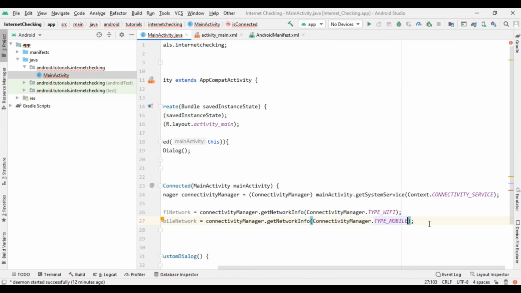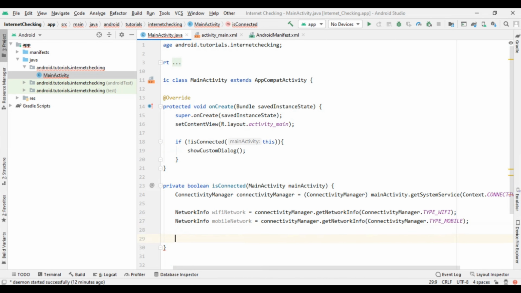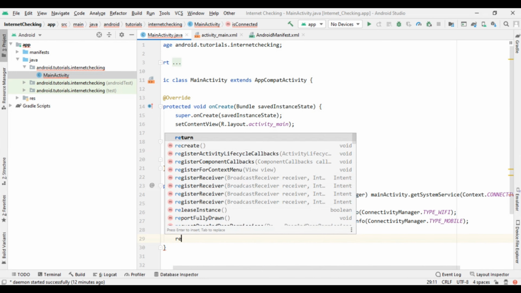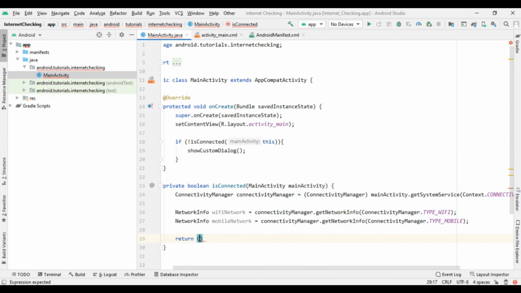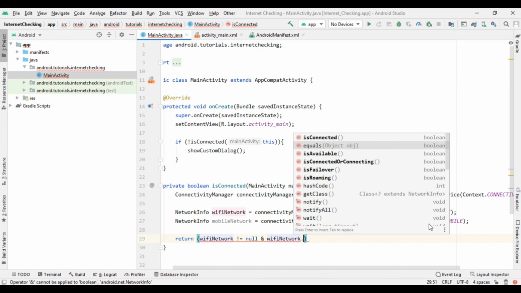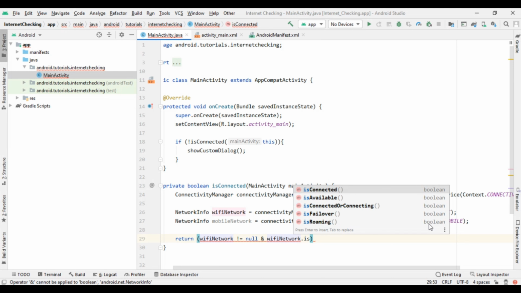So write return, then type wifiNetwork is not equal to null, and our wifiNetwork is connected with .isConnected, and also type our mobile network with the same thing.